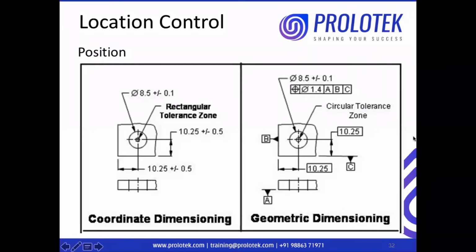Whereas in this case, I said for related features, we have to create a relationship with the form of datums. So here we are giving a clear instruction telling that this center must be measured from this surface B only. No one should measure from the opposite surface. So there is no ambiguity, there is no confusion at all. Whoever measures, they will measure from this end and this end only, so that the measurement would be the same. Because of these reasons, people did not want to follow the coordinate dimensioning system. They wanted to shift to the geometric dimensioning system.